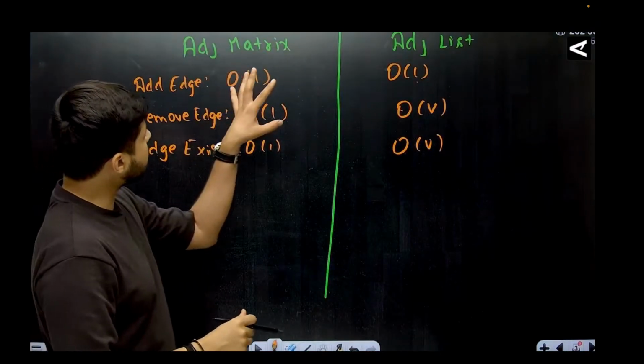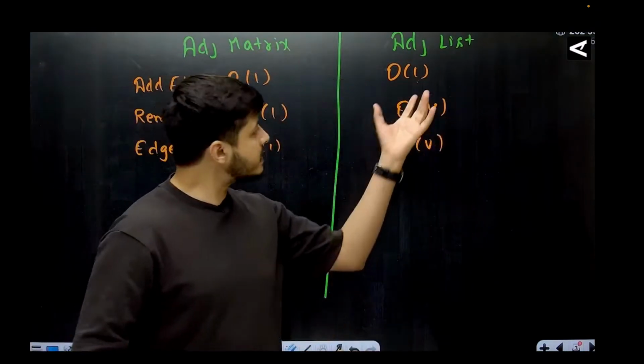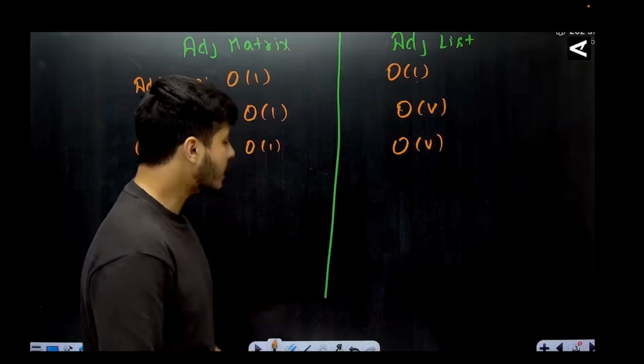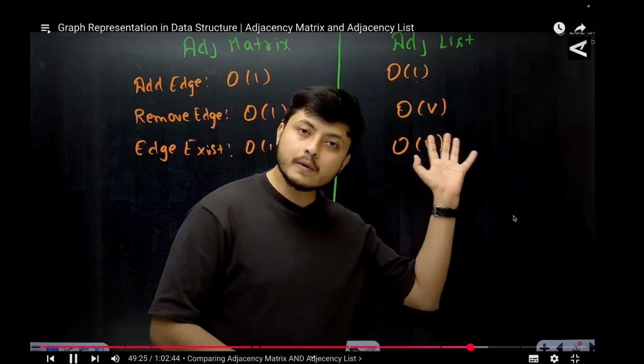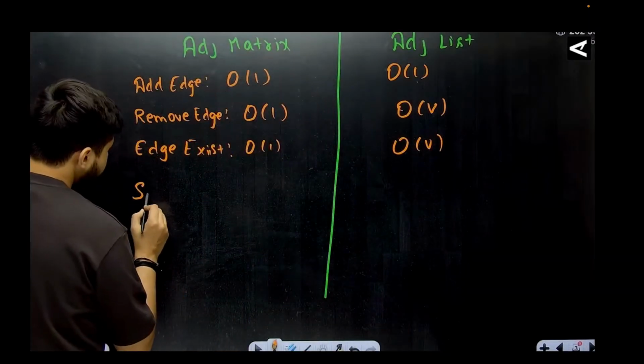हां जी, अब आपको लग रहा है भैया एडजेंसी मैट्रिक्स सबसे बेस्ट है, लिस्ट ऐसी है, इसको यूज मत करो भाई, हम इसी को यूज करते हैं, इसी को हम यूज करते हैं ज्यादा, क्यों, अभी इसका रीजन आपको बताएंगे। अगर मैं स्पेस कॉम्प्लेक्सिटी की बात करूं